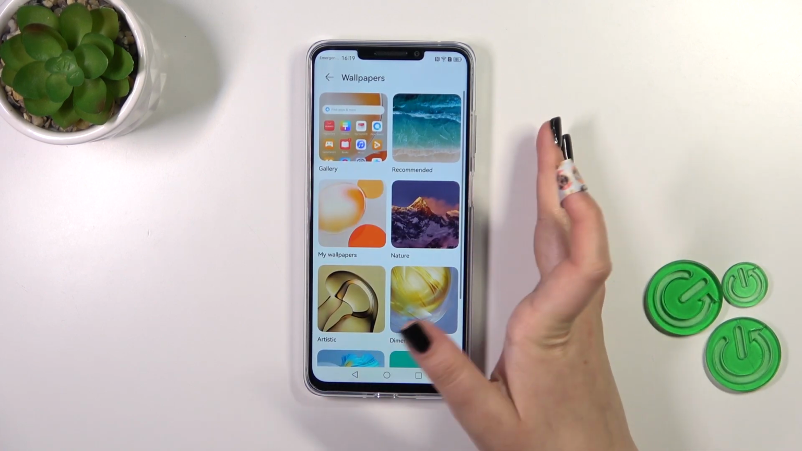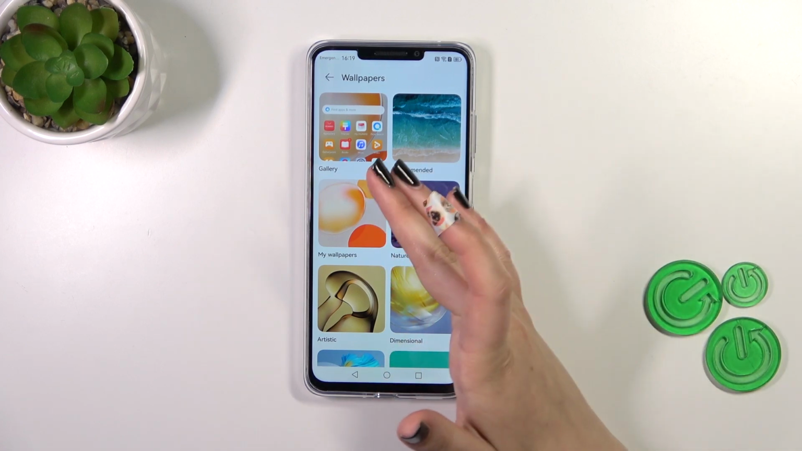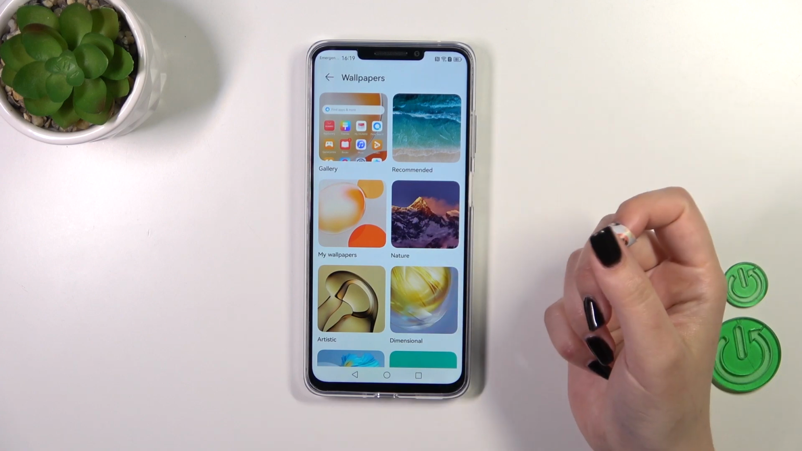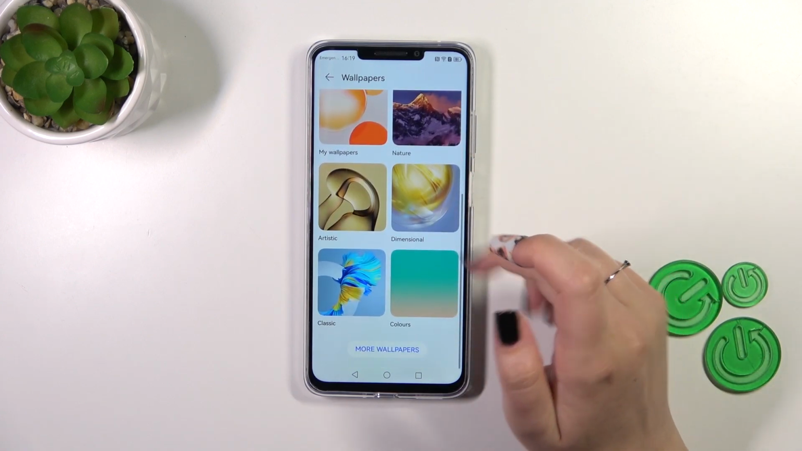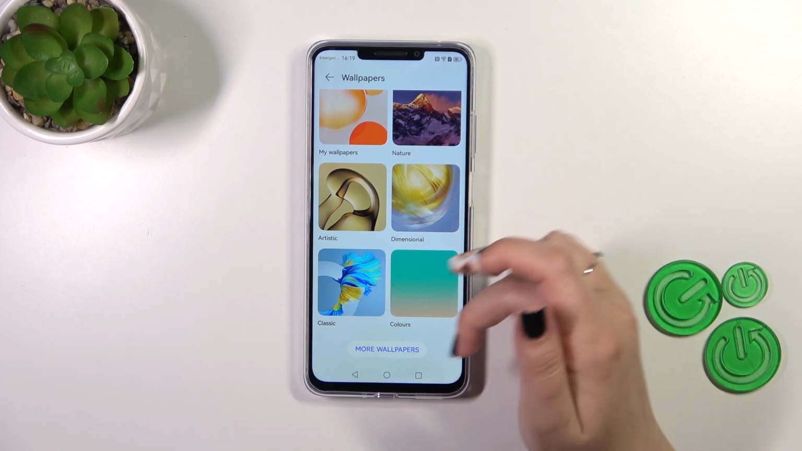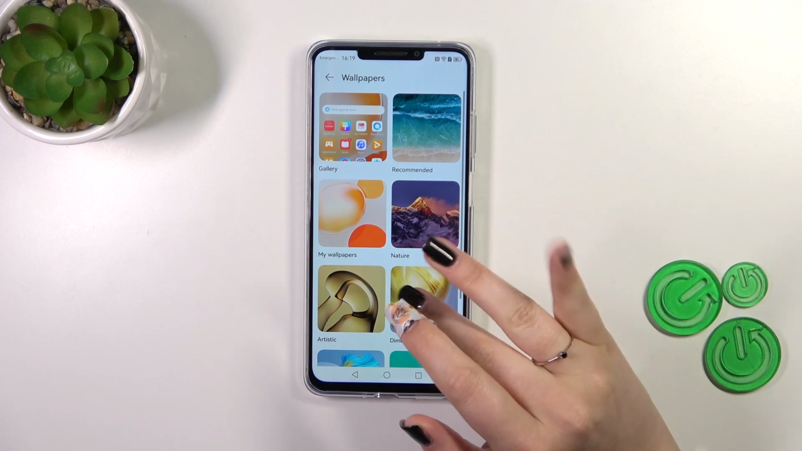Alright, so here we've got some albums from which we can choose the wallpaper from. We've got the gallery, which contains basically our own files, recommended ones, nature, artistic, dimensional, classic colors. You can enter more wallpapers, and if you will have the internet connection you will be able to pick some